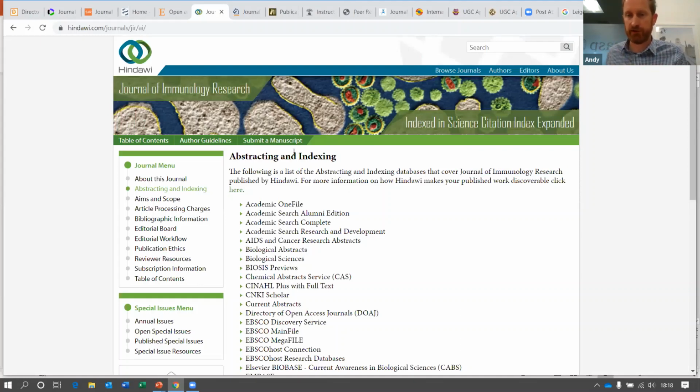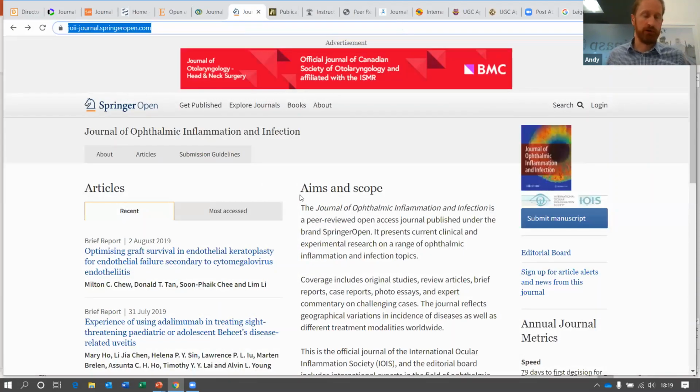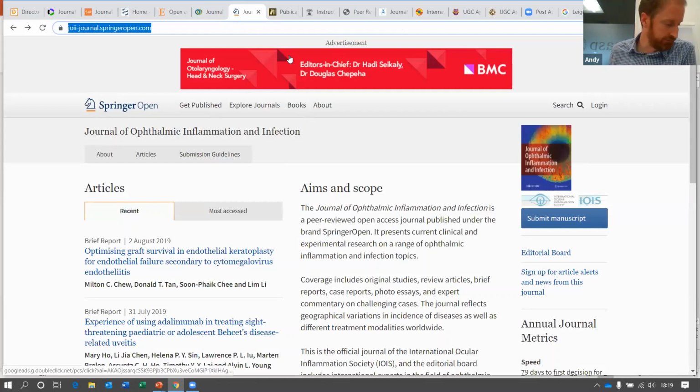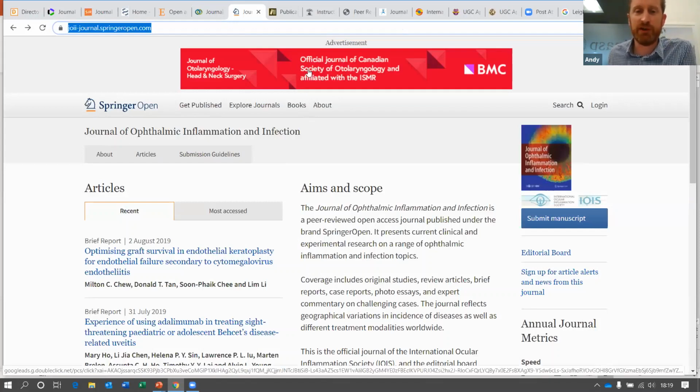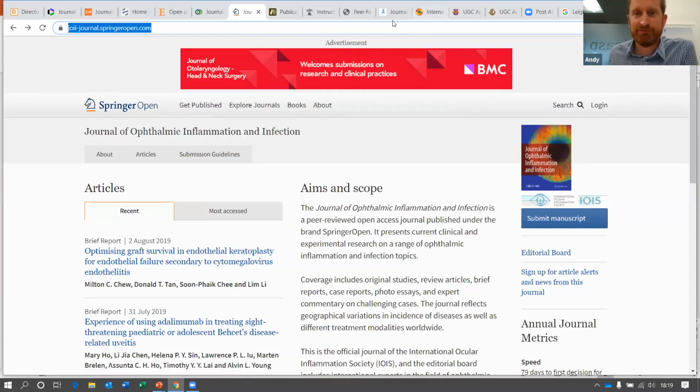So a quick look at this journal, I can see that it's probably fine. I mean, there are other things I could look at. I could look at the editor and various articles and see how much they're published, but I'm fine with this one for now. So let's move on to another journal. And this is another open access journal. In fact, I think we're probably quite short on time, so perhaps I should go ahead to a bad example of a journal. So let's look at some bad examples.